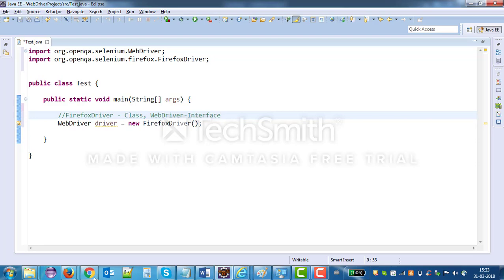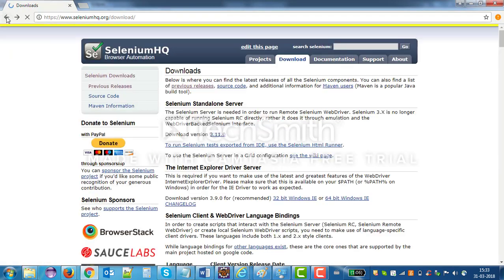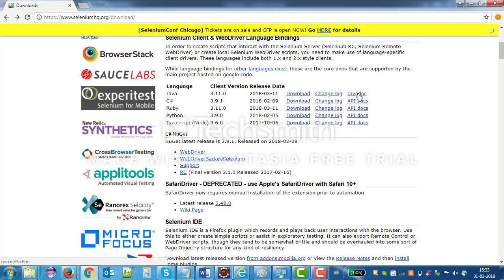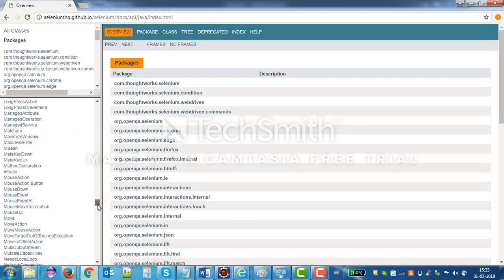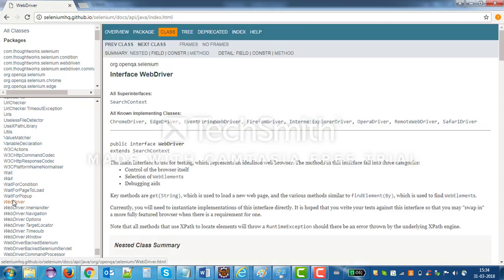Okay, so let's go to the help file of Selenium WebDriver. So we need to open this Java doc. Okay, from there we need to select a WebDriver. Okay, so now here we can see the WebDriver is an interface, and this interface has been implemented by the